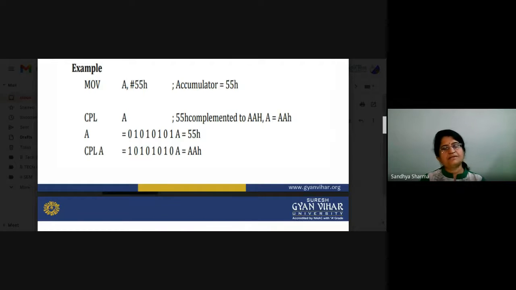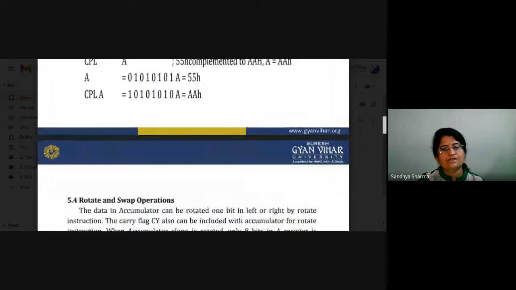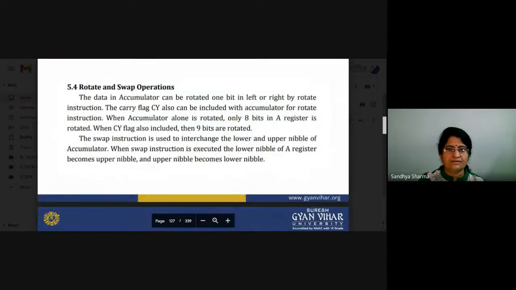So 55 is loaded, moved to the accumulator, and you do the CPL. Suppose the content of A is 0101 0101. That will be the 55H data, and it will be complemented and converted into 1010 1010, so the result will be AAH data, and again it will be stored. You can store that data into any location.